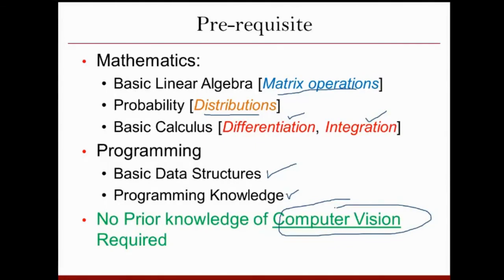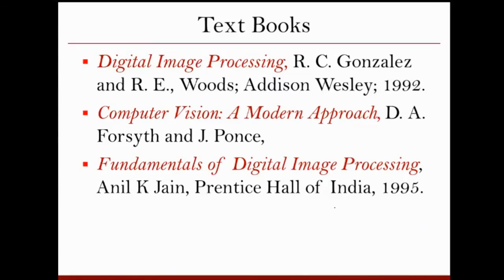Whatever is required, we will be discussing some image processing applications first, and then we'll talk about them when we move to computer vision. These are the textbooks that you can follow. Initially, for our first two topics, we are going to follow Digital Image Processing by Gonzalez. And when we move to computer vision, we will be following a book by Forsyth and Ponce. Occasionally, we may refer to a third book, which is again for image processing.